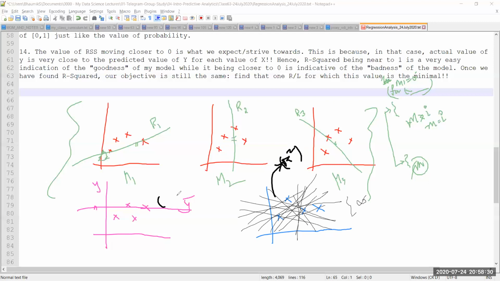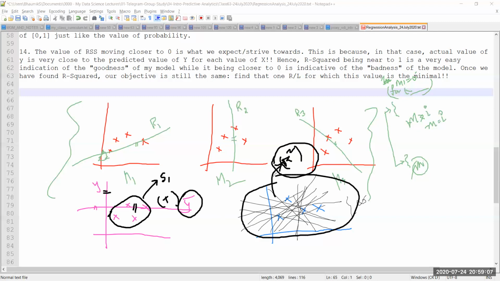So basically, rather than minimizing TSS, maximizing RSS becomes easy, right? Because I'm not able to change this. I'm not in a position to change this. This mean is a constant. It's a straight line, and my observations are actually dependent on my sample. So if I've taken a sample S1 basis some kind of sampling technique, this range remains the same. This line of y bar remains the same. I have lesser flexibility here. But in this case, I have a lot of flexibility.